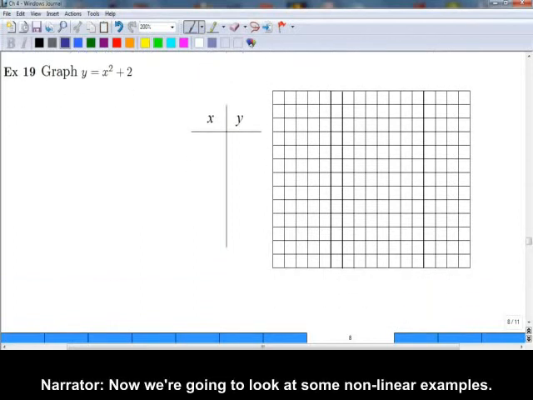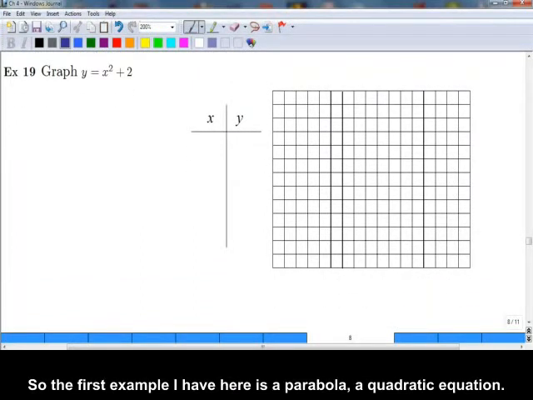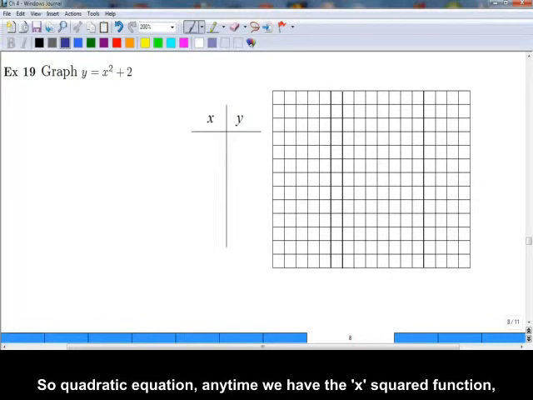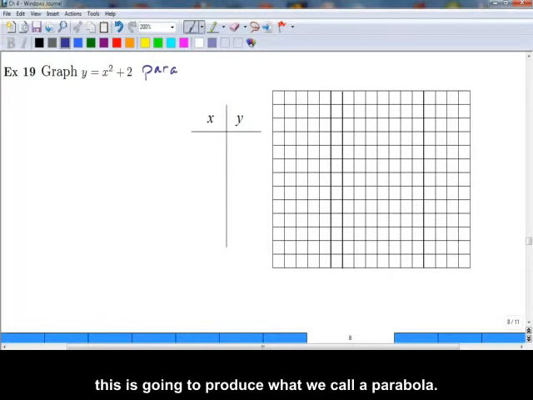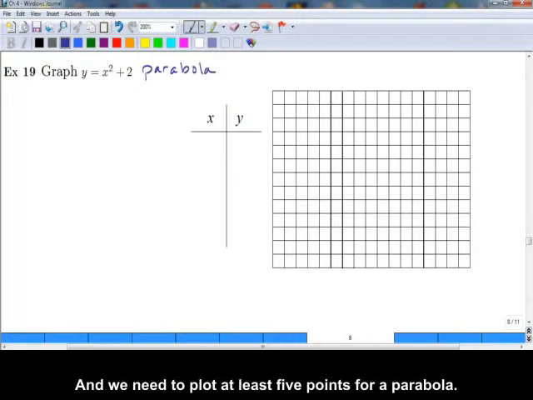And now we're going to look at some nonlinear examples. So the first example I have here is a parabola, a quadratic equation. Anytime we have the x squared function, this is going to produce what we call a parabola. And we need to plot at least 5 points